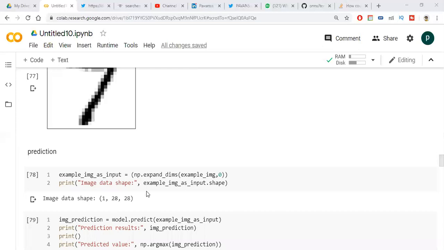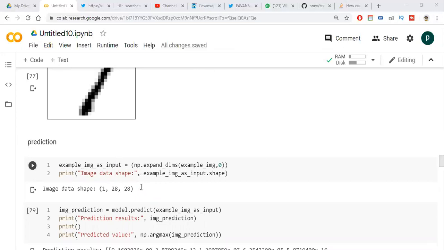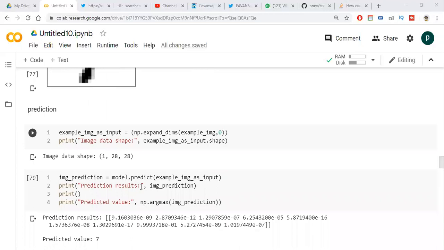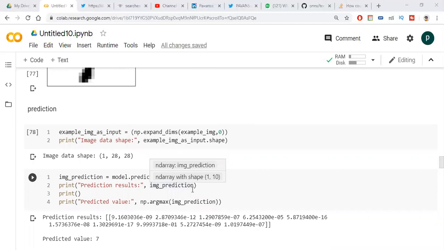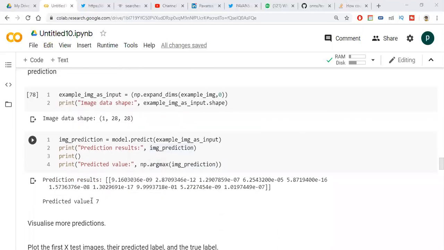I am predicting. First I am printing the shape of this data. Normally it is three-dimensional, but our model should accept four-dimensional input, so that's why I am giving an extra dimension. After that I am printing this image, and it prints correctly.